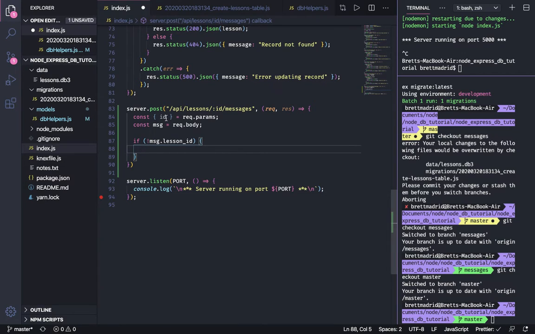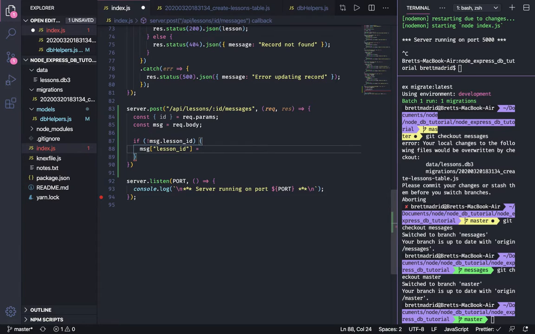And now that we have the ID deconstructed, we can add this to this object. And it's just pure JavaScript, so we can just say if this field isn't a part of that object already, let's add it to it. So we can just say message using bracket notation, message lesson ID